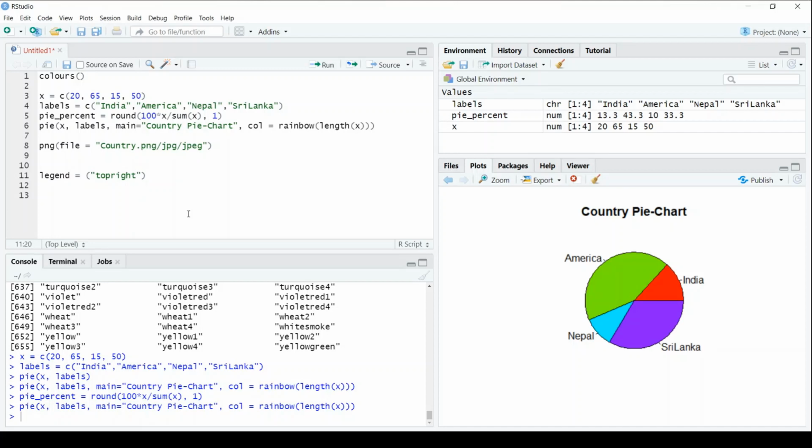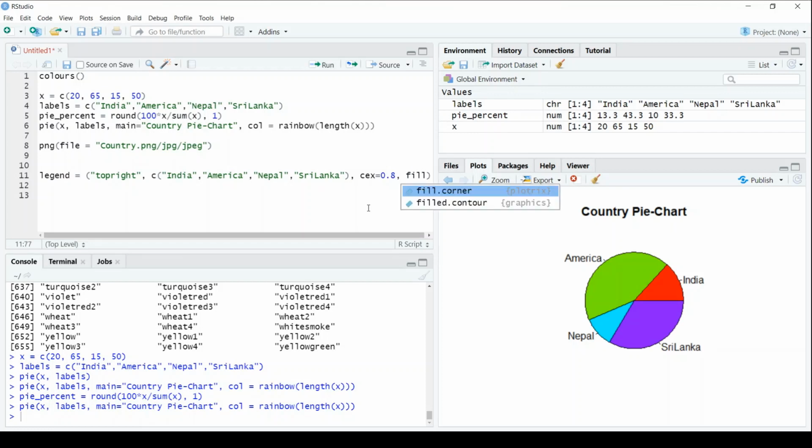This is top right. Then what labels are we going to provide, I'll copy this and paste over here as it is, comma, and the labels. Right, so these are labels. By how much distance it will be, it is 0.8, comma fill,